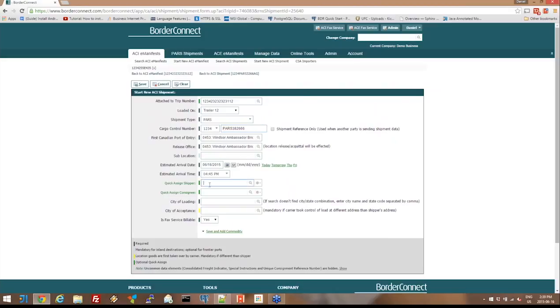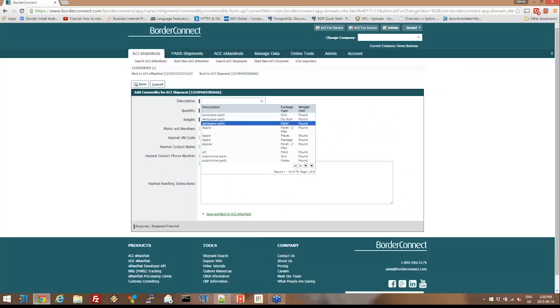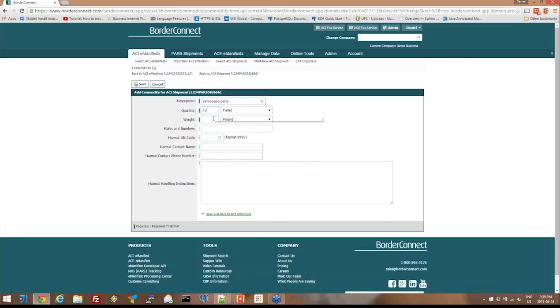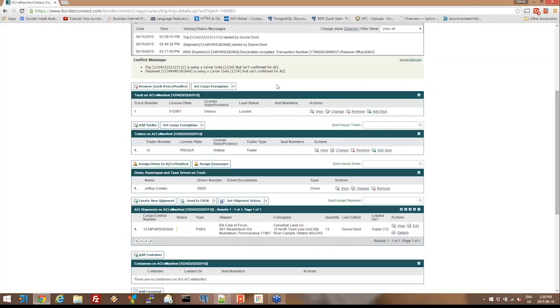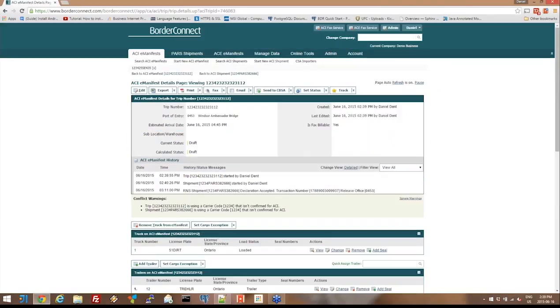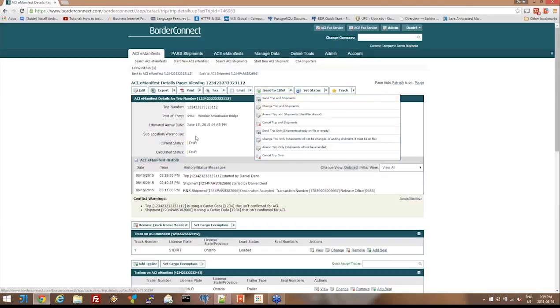And now I'm going to select the shipper and consignee. Save the commodity information. You can see how fast doing a manifest is once your information's all been stored in BorderConnect. So I'm going to save, go back to eManifest, and I'd be ready to send that manifest that I started